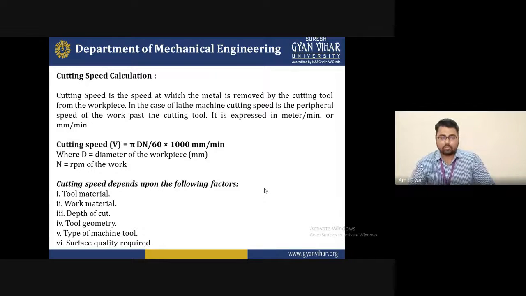that you will select the material of the tool, because the tool material must be much harder. If you increase the cutting speed and the tool material is not harder than the workpiece, it will be very difficult to cut that type of material, and the cutting speed will reduce, we can increase the surface roughness and do not find satisfactory surface finishing. So for that, the tool material is the most important. Work material is also important because I'm just giving some examples.